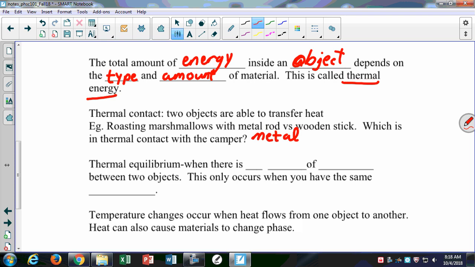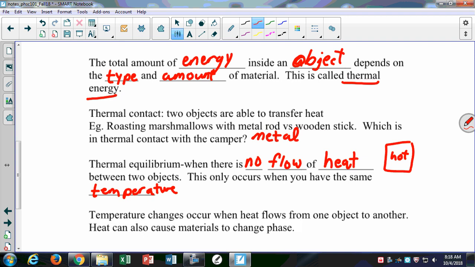Thermal equilibrium occurs when there is no flow of heat between two objects. This only occurs when you have the same temperature. If I have one object that is hot and one object that is cold,